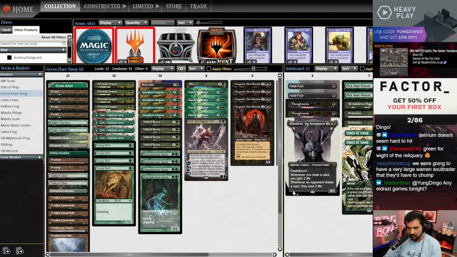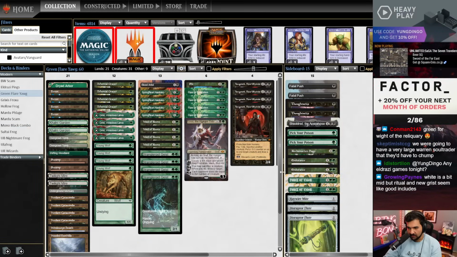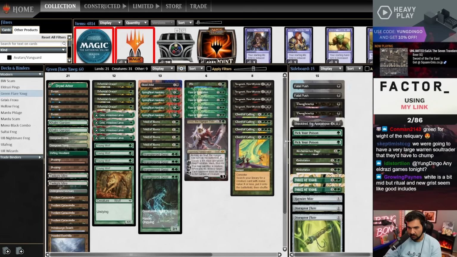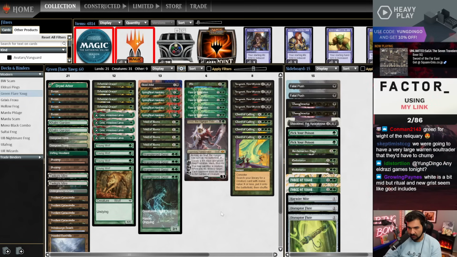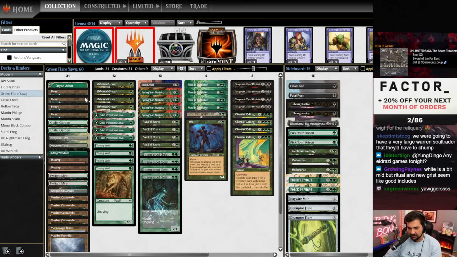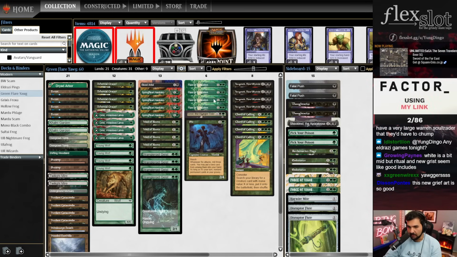Speaking of green decks, I've been putting off this deck for way too long, so I think it's finally time to play some Green Flare Yawgmoth. So, what does this deck do? And why is it better or worse than normal Yawgmoth? Honestly, I have no idea if it's going to be better or worse than normal Yawgmoth, but we're trying to